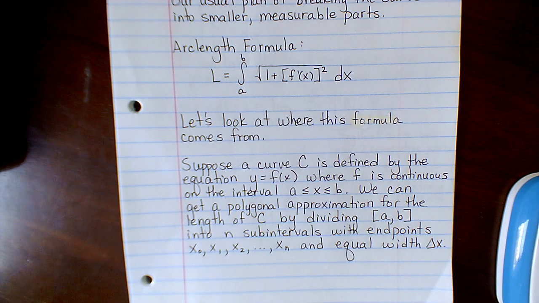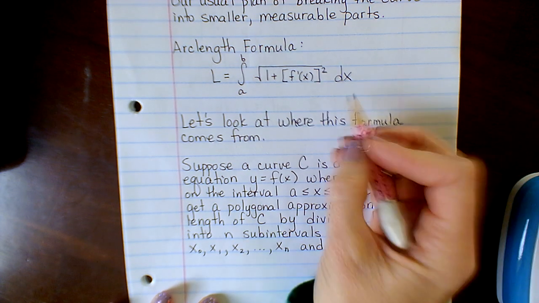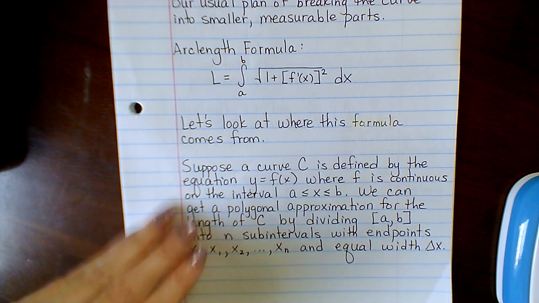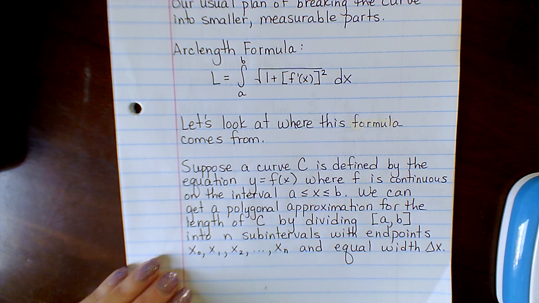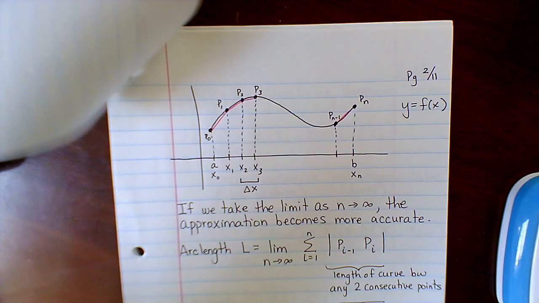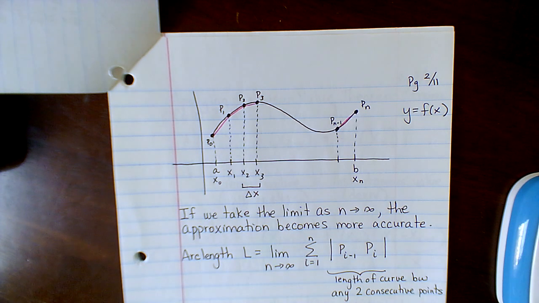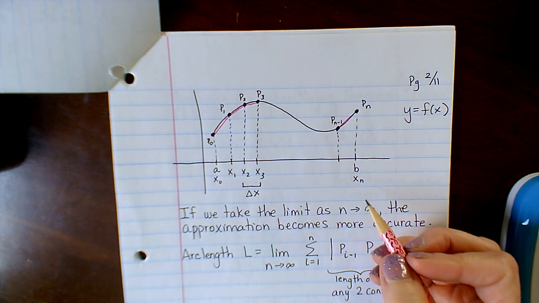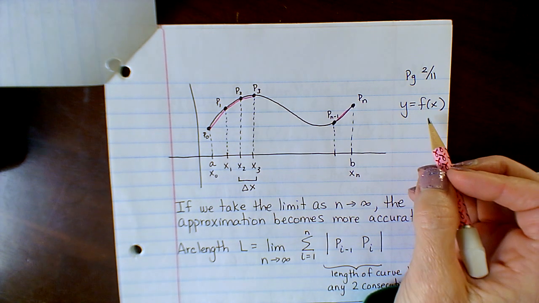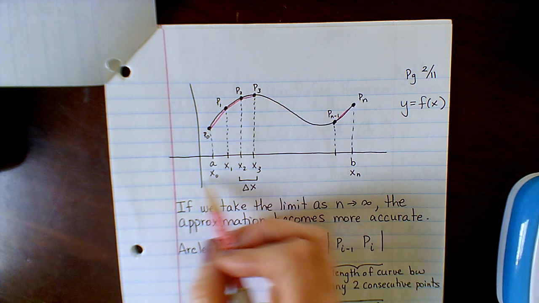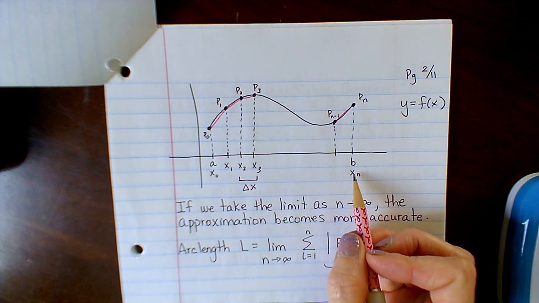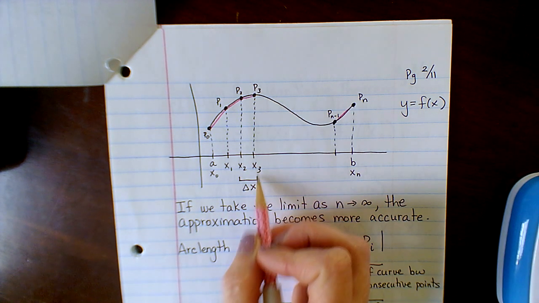I think you can probably see where this is going, right? That little delta x is what's going to turn into our dx here. And then this integral is going to be the sum of all of those little small measurable pieces. So looking at just some generic curve here of y equals f of x, if I have that interval from a to b subdivided into equal parts here, each one having a distance of